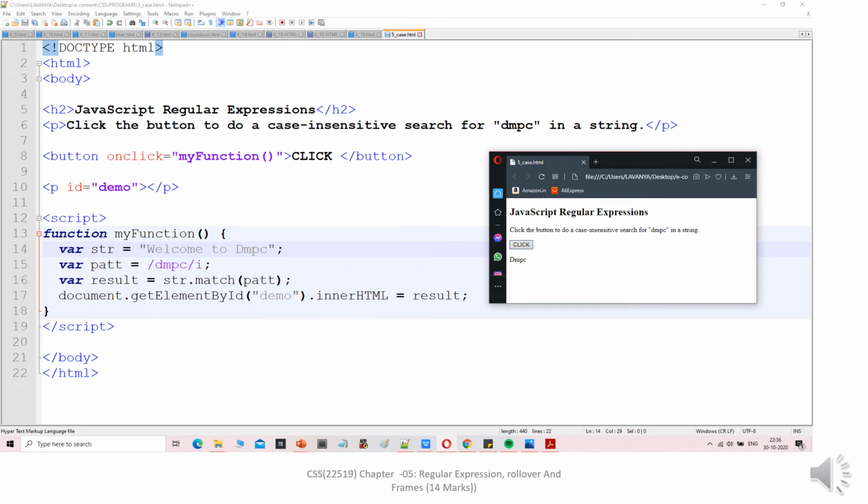Okay, see here, this is a program for regular expression. This is for the case sensitive search. Case insensitive search. Okay, then we will go here for searching the DMPC. So here we have to declare the button, that is onclick myFunction click. Then in the script function myFunction, where string is equal to welcome to DMPC, and here is the pattern